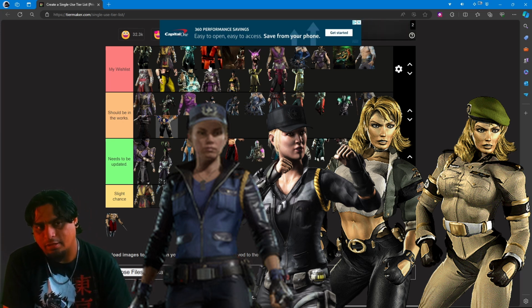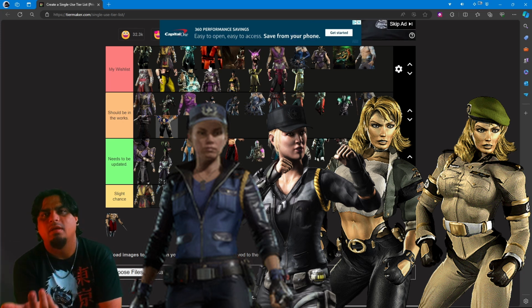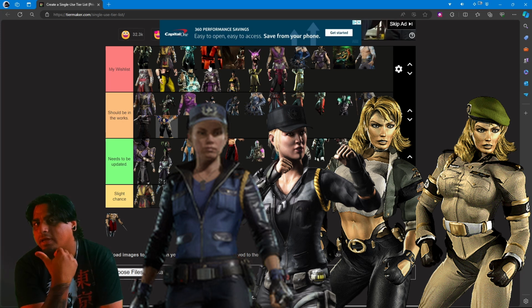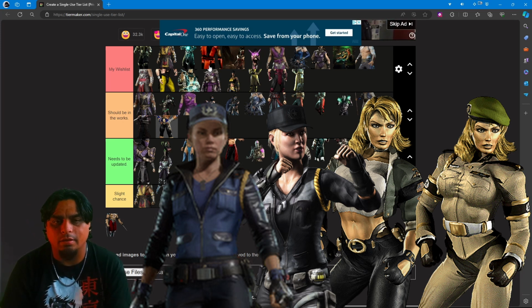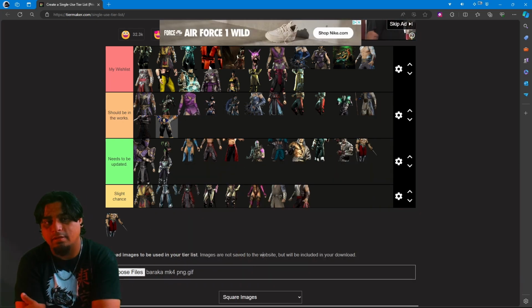I see Jade as a less likely one. I want to say she wouldn't make it, but how different would her and Jade fight? I feel like they'd fight similar just because they both use that staff-looking weapon. And I don't know. There's ways to get around doing it, but yeah, this is just a list of skins